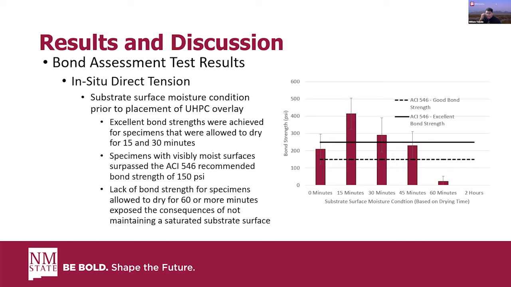Okay, so now I want to go over the in situ direct tension bond assessment test results. First off, we're going over the substrate surface moisture conditions prior to placement of the HPC overlay. These are the specimens we allowed to dry from saturated conditions for predetermined times. A little thing about the plot: this dotted line is the ACI 546 good bond strength of 150 PSI, and the solid line is the ACI 546 excellent bond strength of